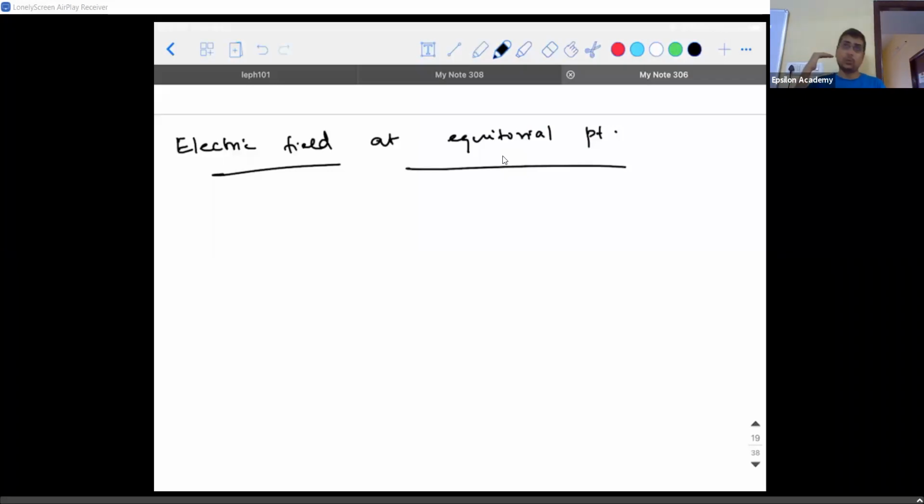Before I explain what is an equatorial point, let me explain what is a point. Your science revolves around 3 dimensions. When I say 1 dimension, it is a line. 2 dimension, it's a plane. 3 dimension, it's space. If I call it a 0 dimension, it's a point. It's a dot, that's it. So whenever you're reading anything, you need to have this clarity. Here, electric field is told.